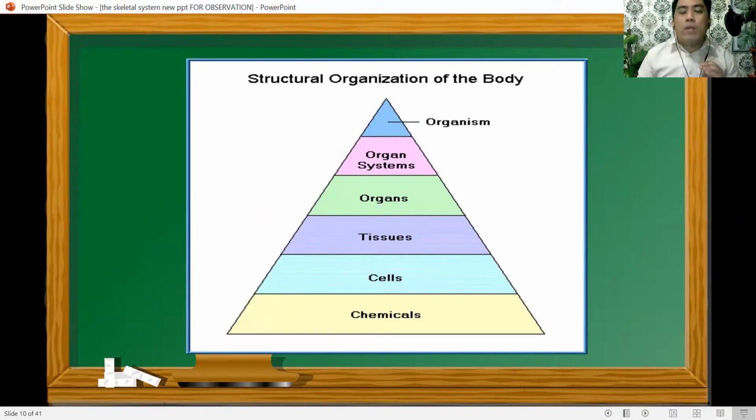Ang mga tissues naman with the same or similar functions, nagsasama-sama to form an organ. So ang mga organs naman na may kapare-pareho or magkakatulad na mga functions ay pag pinagsama sila, they form an organ system. So kagaya nga ng lesson natin sa grade 5 about reproductive system,